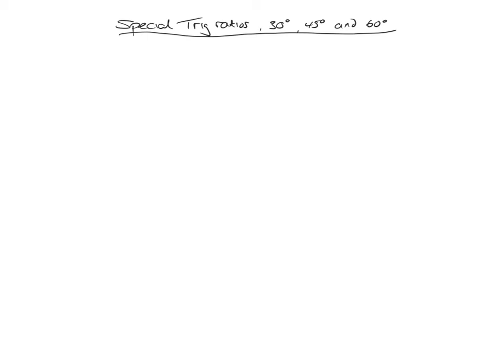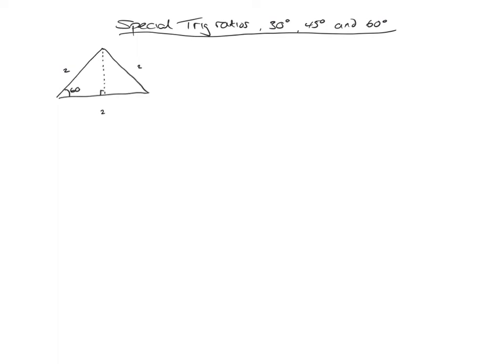And in order to do that, the first thing I'm going to do is I am going to draw an equilateral triangle of length 2. So here it comes, 2, 2 and 2. So I'm just going to put 2 here, 2 here and 2 here. And you hopefully will be happy that there is a 60 degree angle, and they're all 60 degree angles because it's an equilateral triangle. But what I'm going to do here is I'm going to drop a vertical line here,